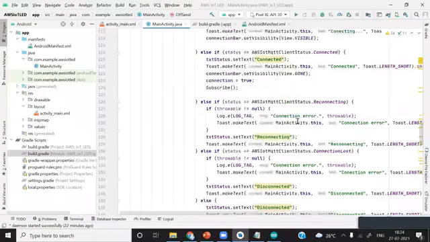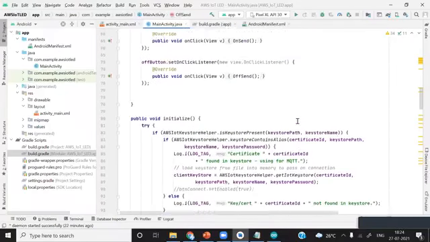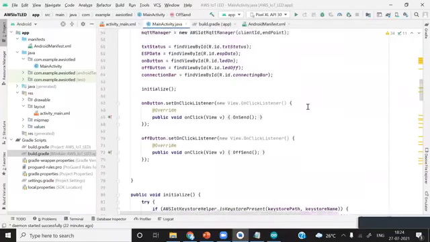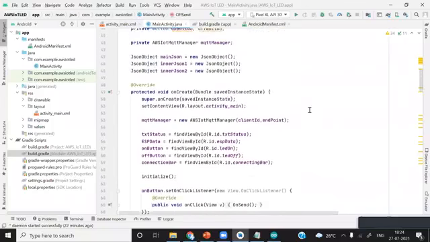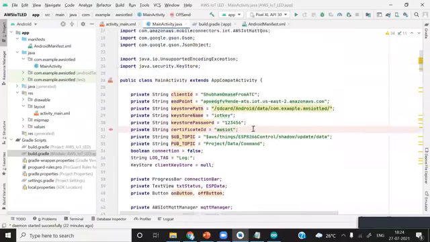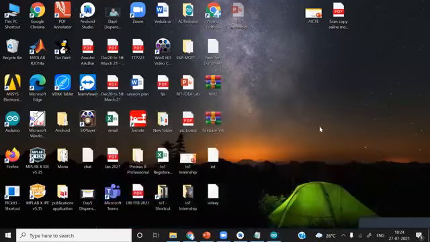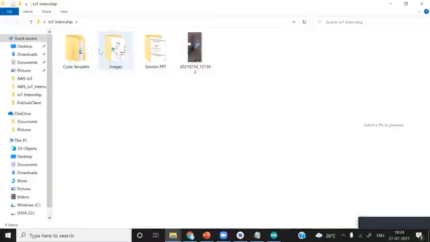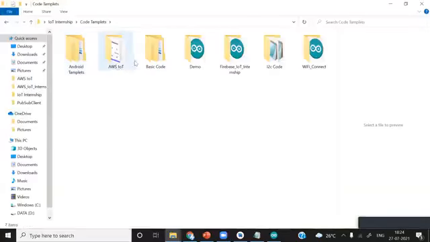Now I will first discuss the methods by which we can add the key store in our Android application. The first one is that you can do it manually. You can take the key store by any method, just get this key store onto your Android phone. I will discuss the first method by playing the video. I have created a video for that.